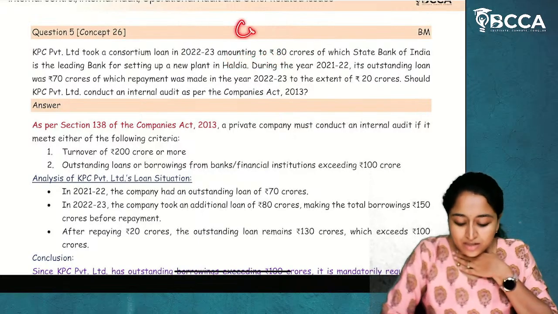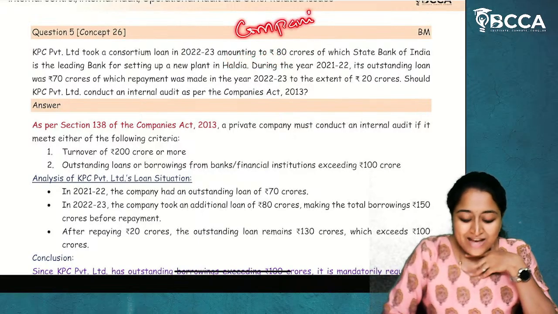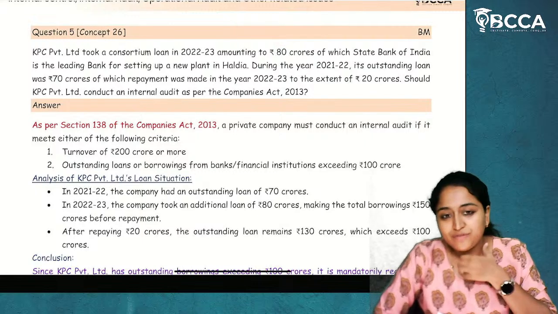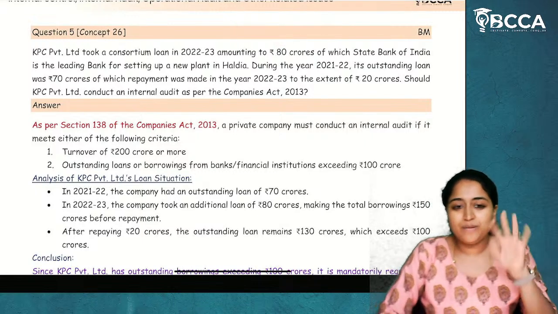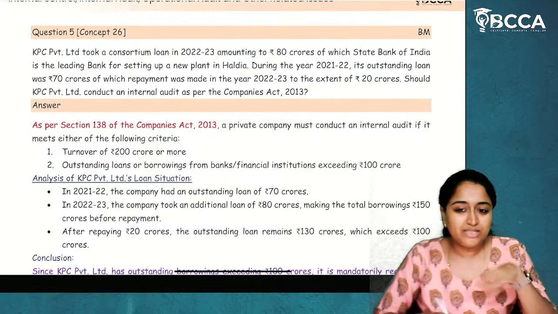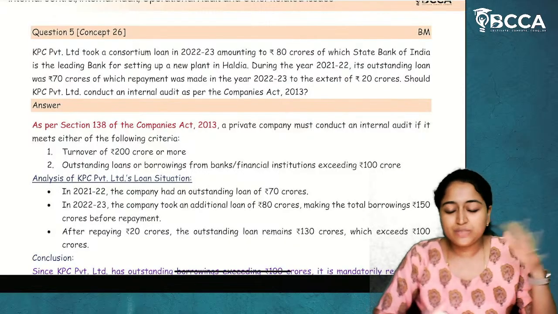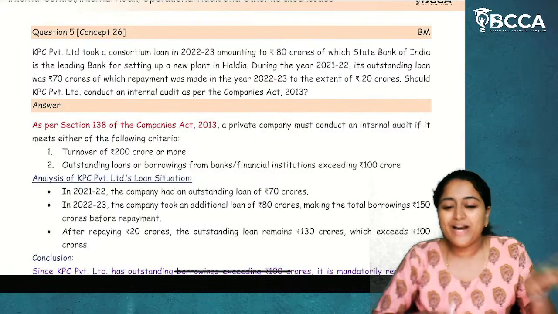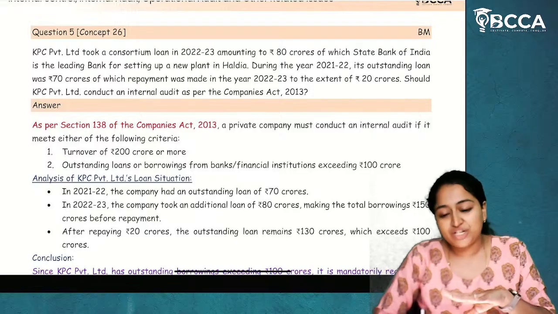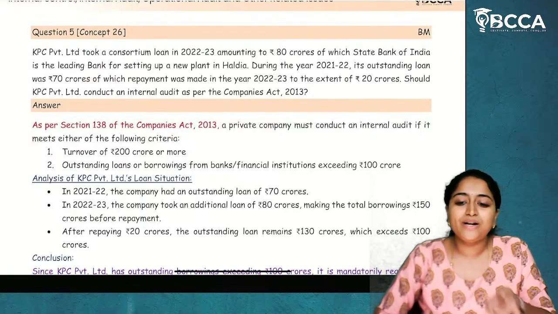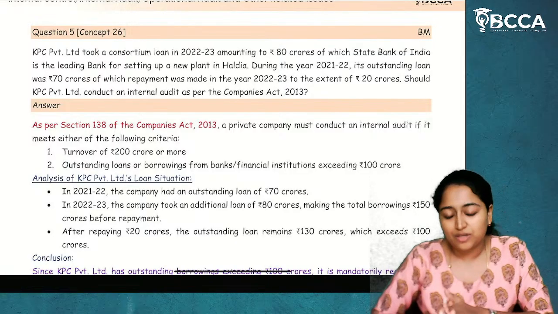Internal audit under Companies Act 2013. Actually, this is not from unit 1 but from unit 2. In unit 1, you have a basic introduction about what is internal control, what is internal audit, and the difference between internal control and internal audit. Regarding those concepts you have. In your unit 2 of section C, you have operational audit and internal audit under Companies Act 2013.